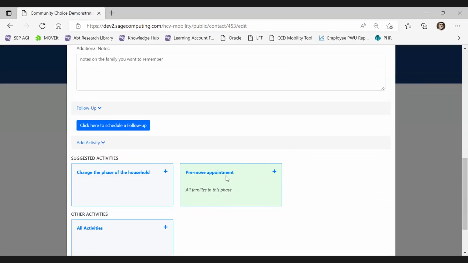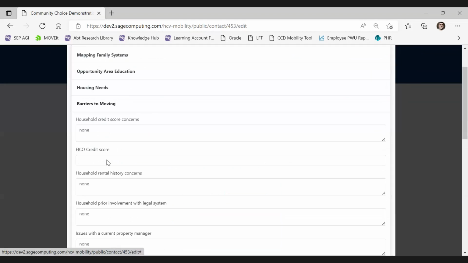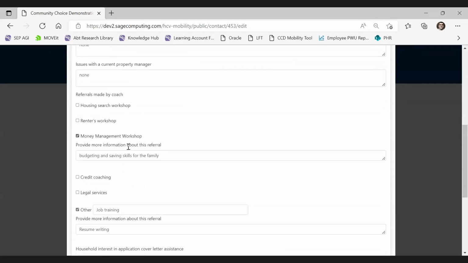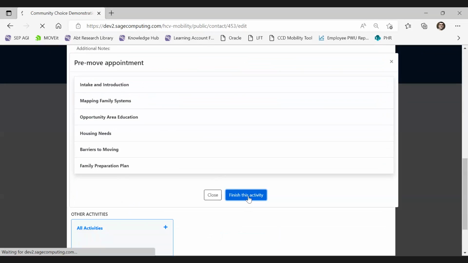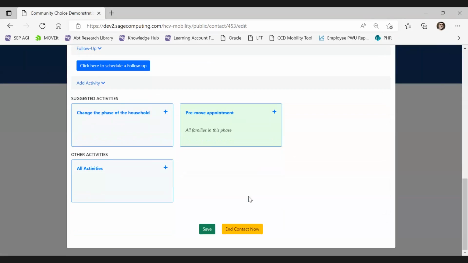This doesn't mean that you aren't able to edit any of the information by clicking on the box again and editing the information, but make sure to click save if you make any changes, and you can click finish again to update it. With the pre-move appointment complete, you're ready to move on to the family preparation phase.